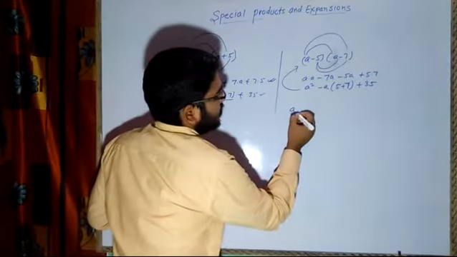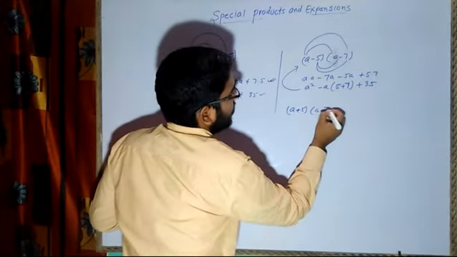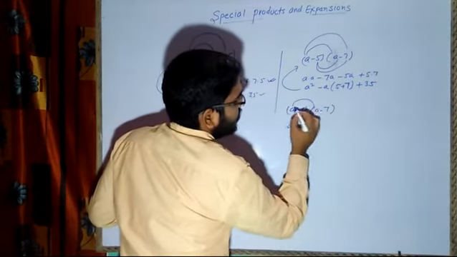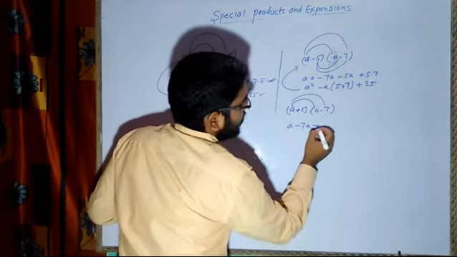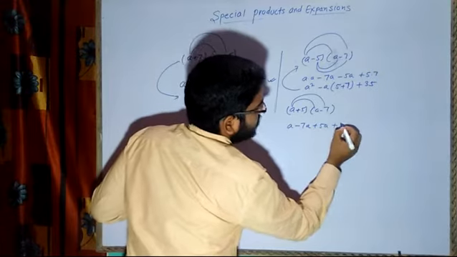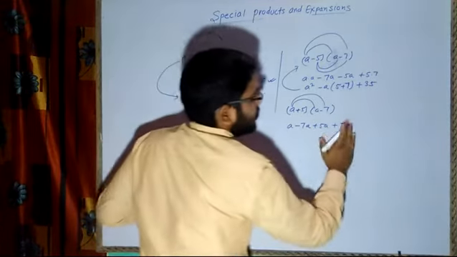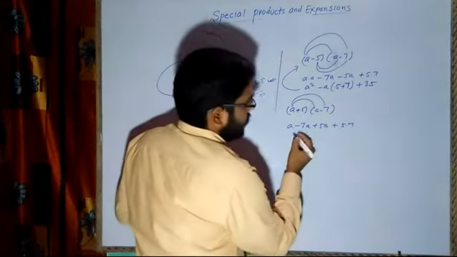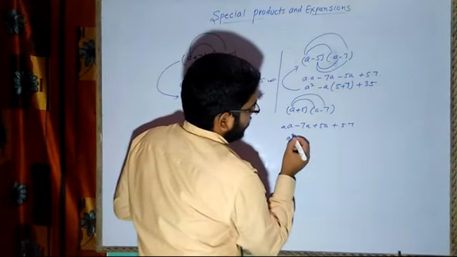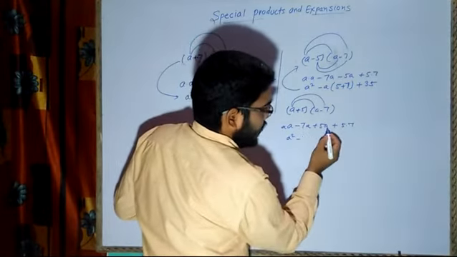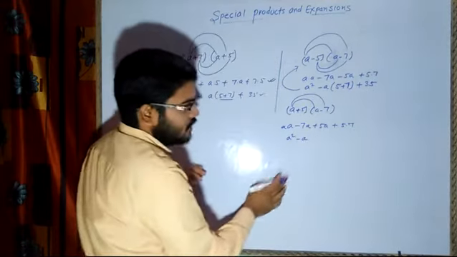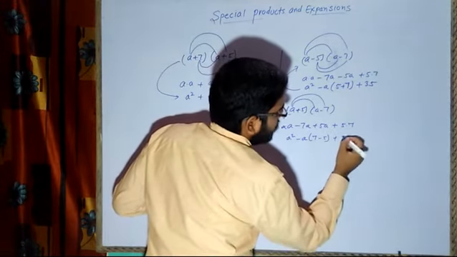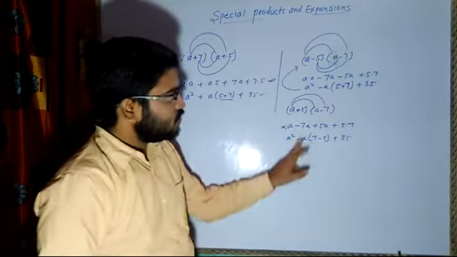Again if I have a number a plus 5 multiplied with a minus 7, then what I will do is a into a, square, then this will be again multiplied, it will be 7a, 5a, plus into minus 7 into 5, or 5 into 7, same thing. So here again a into a, that means a square, and again a is common, so I can take out a common, minus if I take out common, so I will have minus 7 minus 5, plus 35, correct? Minus into minus, minus into plus.